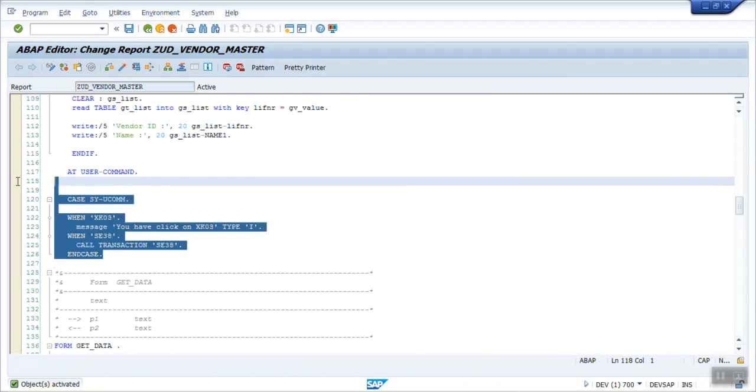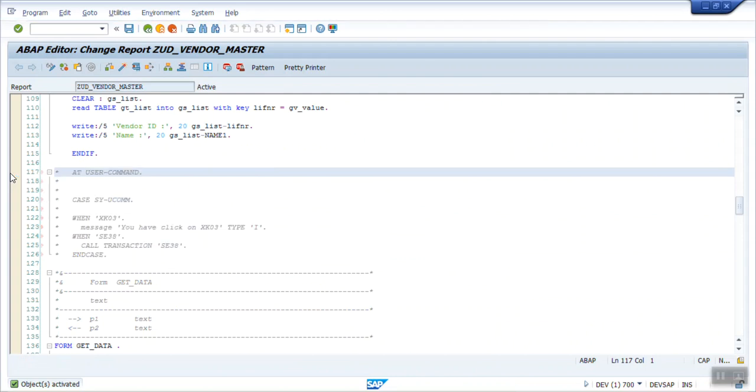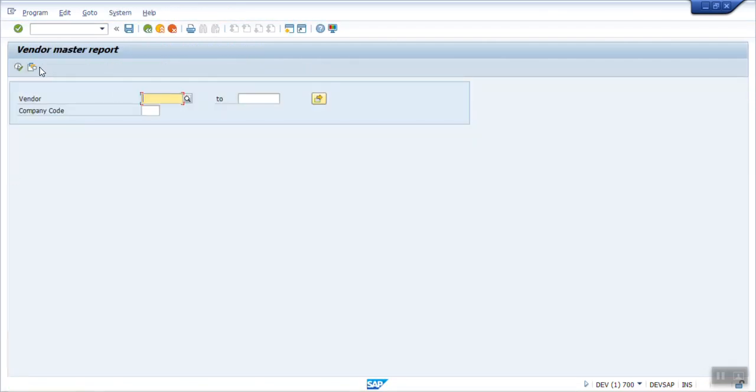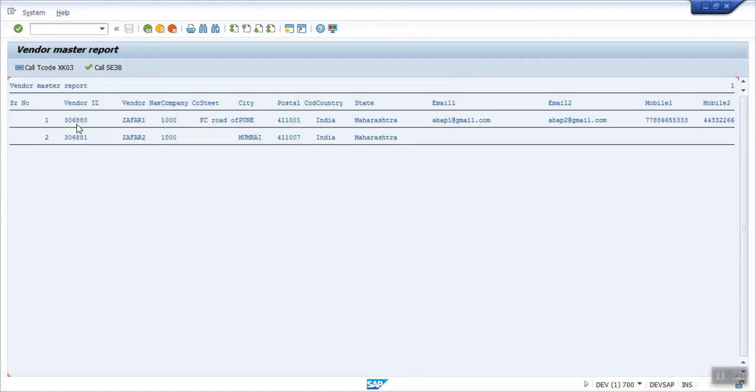So if you add that keyword at the hotspot, so you can see a clickable icon here. Okay, I have to check why that is not working. That is the add selection screen.